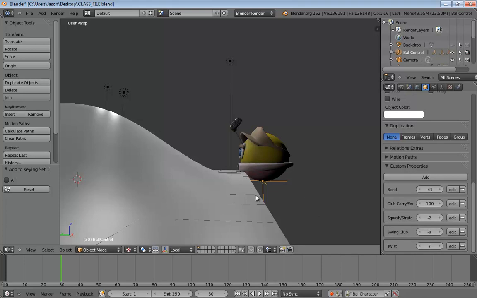All right, so now it's time for us to actually begin the animating process. Now, I'm going to turn on auto keyframe. So automatic keyframe insertion for objects and bones, we'll turn that on. Automatic keyframe insertion using active keying set only, that's also good. And then we can change our keying set. Now, we did just set that up for the ball character. But because I don't want any keying to take place on any of my custom properties at the moment, I'm just going to go ahead and set this to location. Yes, I realize we could have just done this in the first place. It's just good form, good habit to get into to set up your key sets.